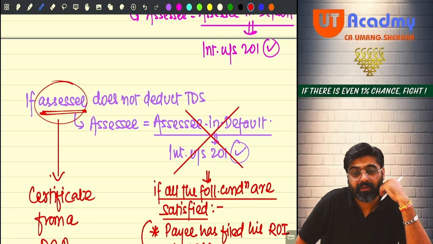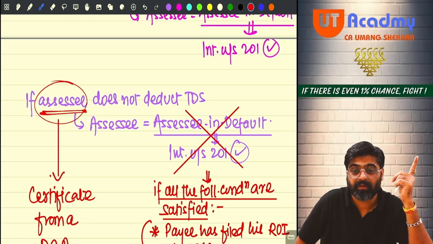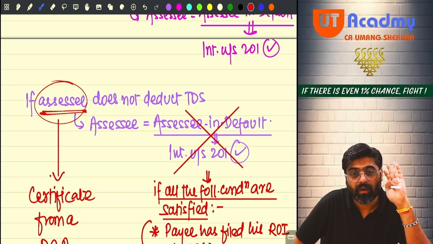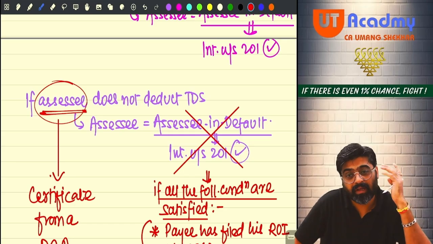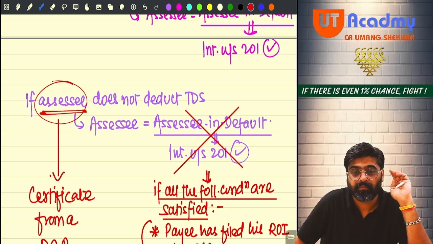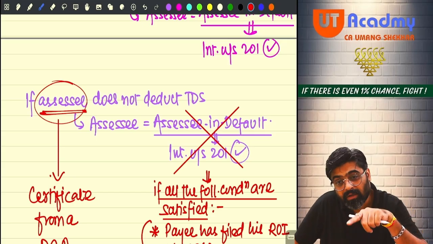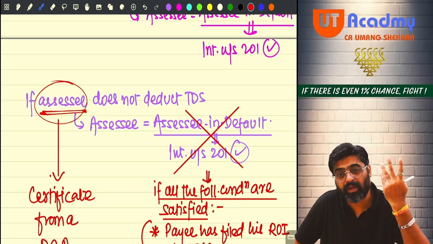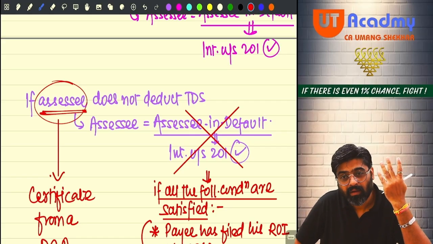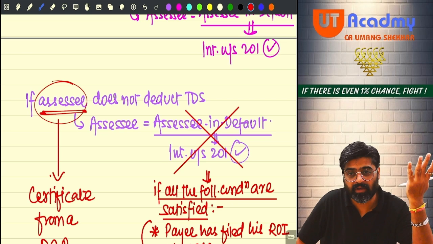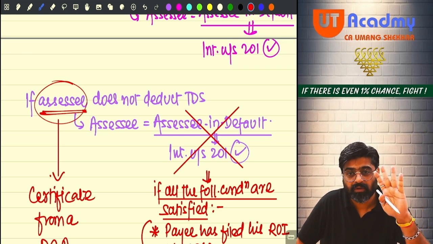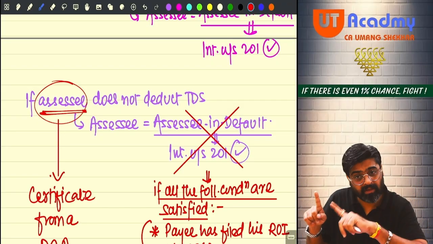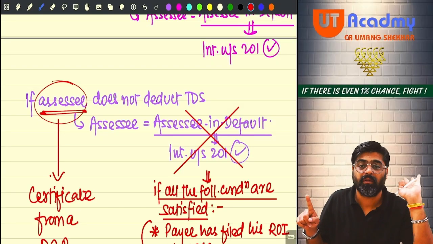What if tax you have deducted but not deposited? This is not small papam. This is ghor papam. Aghor papam. Big sin which you have committed. Meaning that you deducted the tax by taking our name, and now you are enjoying our money and telling us not to consider you assessee in default. No, boss, you will be treated as assessee in default. First, disallowance will be attracted, and then you also will be treated as assessee in default.